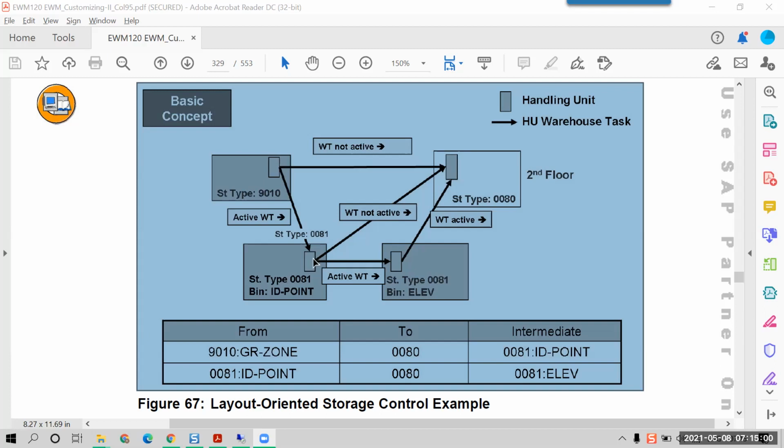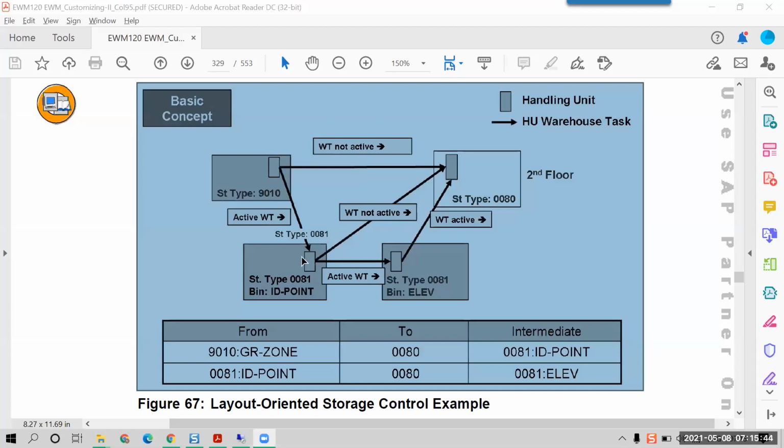So my inactive task now shows from 0081 to storage type 0080. And as and when you confirm the elevator, the inactive task becomes an active task, and my source will become the elevator to the destination bin.